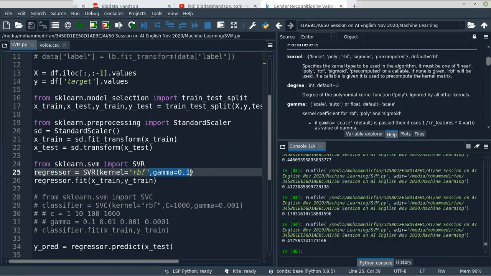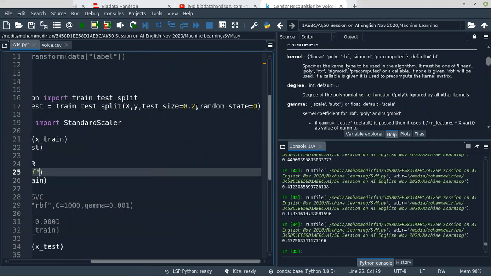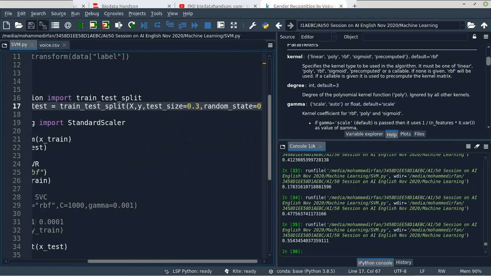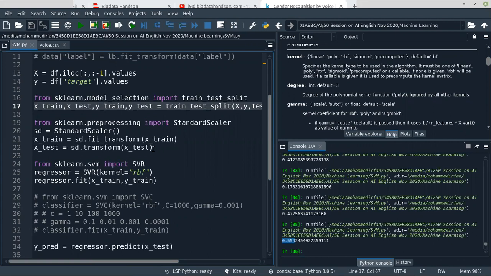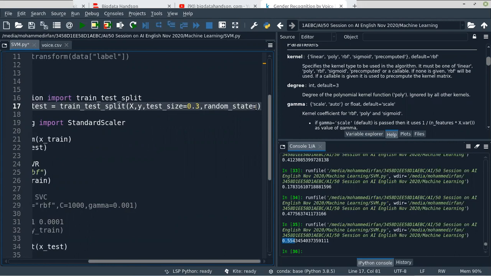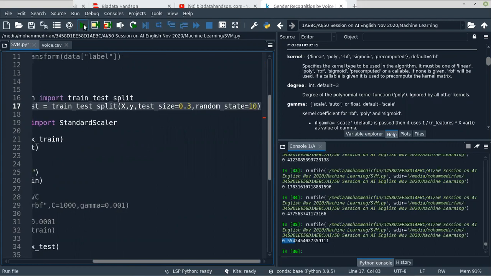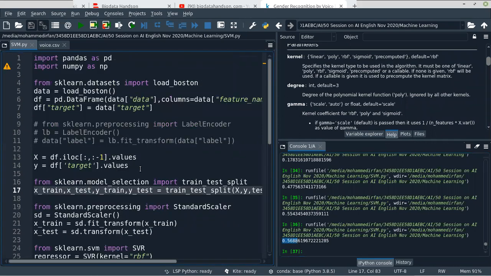Okay, so what we do, we'll try to improve the test size, maybe. Yeah, now it's increasing, 0.55. Yeah, 0.56.